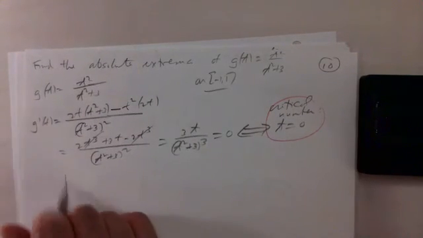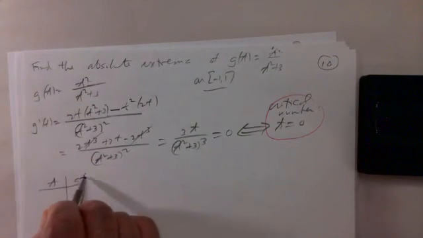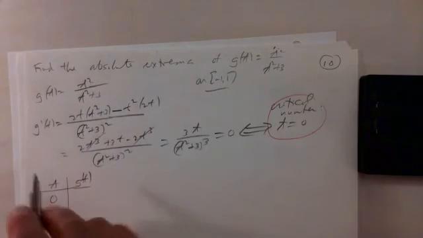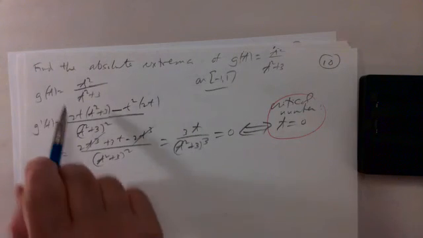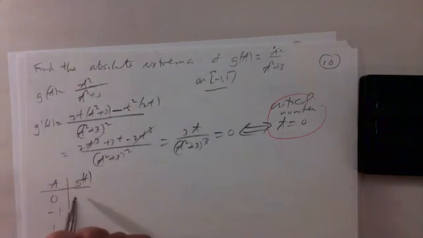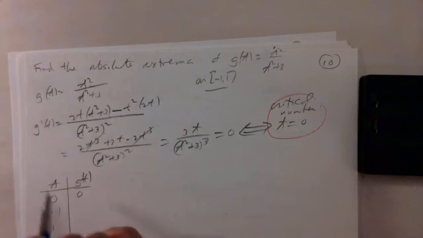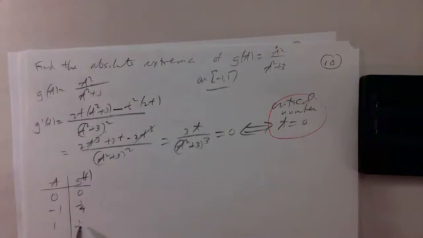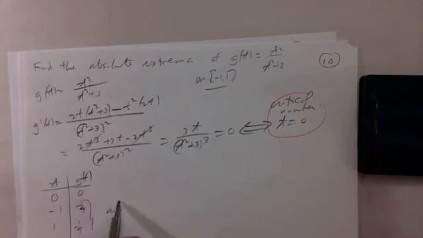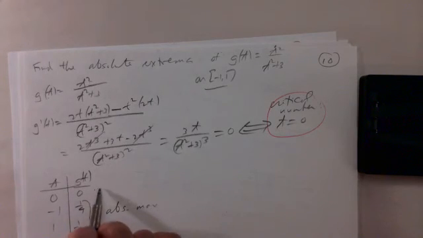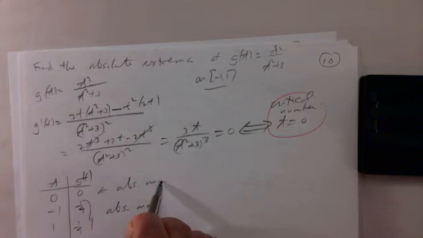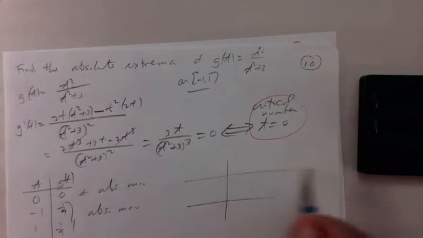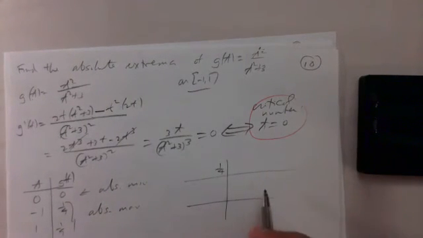So we have to compute the value of the function at the critical number, which is 0, and at the endpoints of the interval, -1 and +1. When t is 0, we get 0 over 3. When t is -1, we get 1/4. When t is 1, we get 1/4. So this is the absolute max, and this is the absolute min. And in fact, if we were to graph this function,